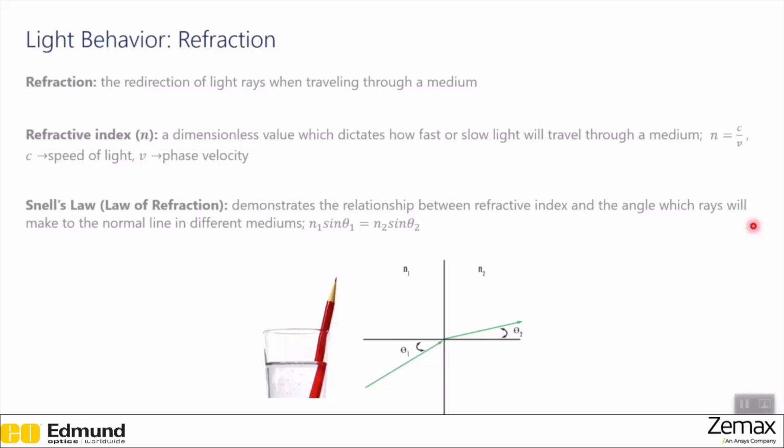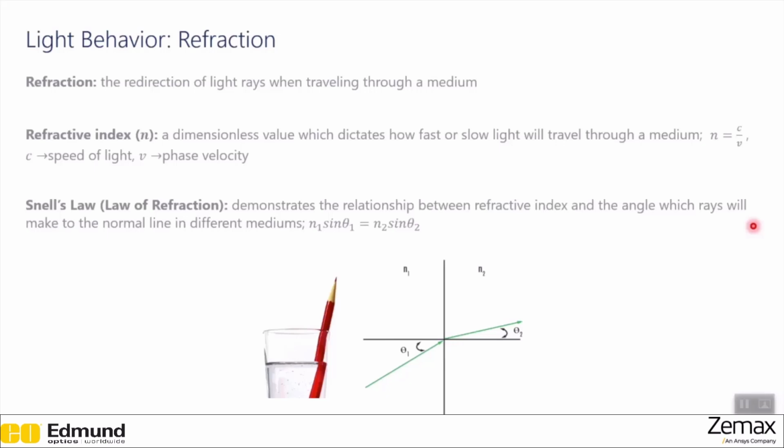Refraction is going to follow Snell's law, or the law of refraction, and this is a demonstration of the relationship between the refractive index and the angle which rays will make to the normal line in different mediums. So the equation for this is n1 sine theta 1 equals n2 sine theta 2, and the subscript 1 is referring to the medium first traveled by the ray, and the subscript 2 is the medium which the